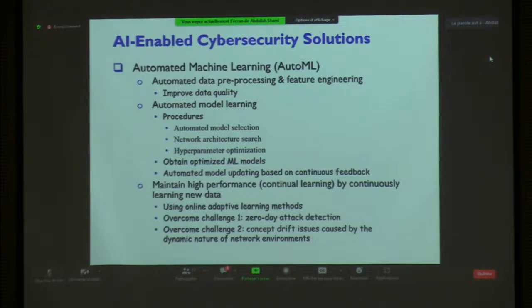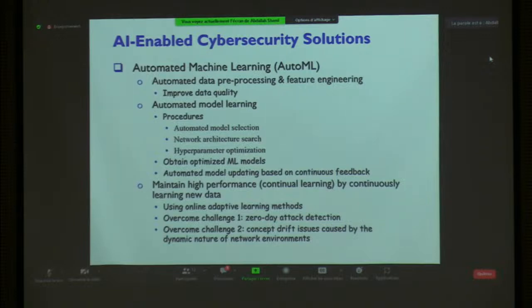Also, we need to automate, without human intervention as much as possible, the model selection, the network architecture search, as well as the hyperparameter optimization. We can also maintain a high performance rate by continuously learning from new data, so we can use online adaptive learning models, and this helps us overcome certain challenges. The first is zero-day attacks: a new attack, like a new concept. How can we detect this new attack and automatically train on this new data,